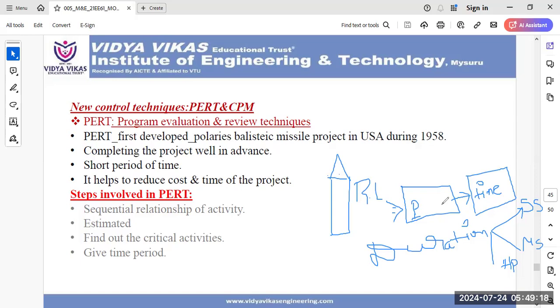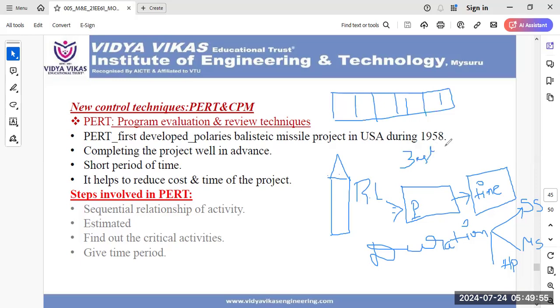In this technique, first of all, projects are divided into activities and events. After that, proper sequence is ascertained and network is constructed. Here also the very important factor is that they will divide the activities into different parts, like 1, 2, 3, 1, 2, 3, 4, 5, 6, like that. And then they will do